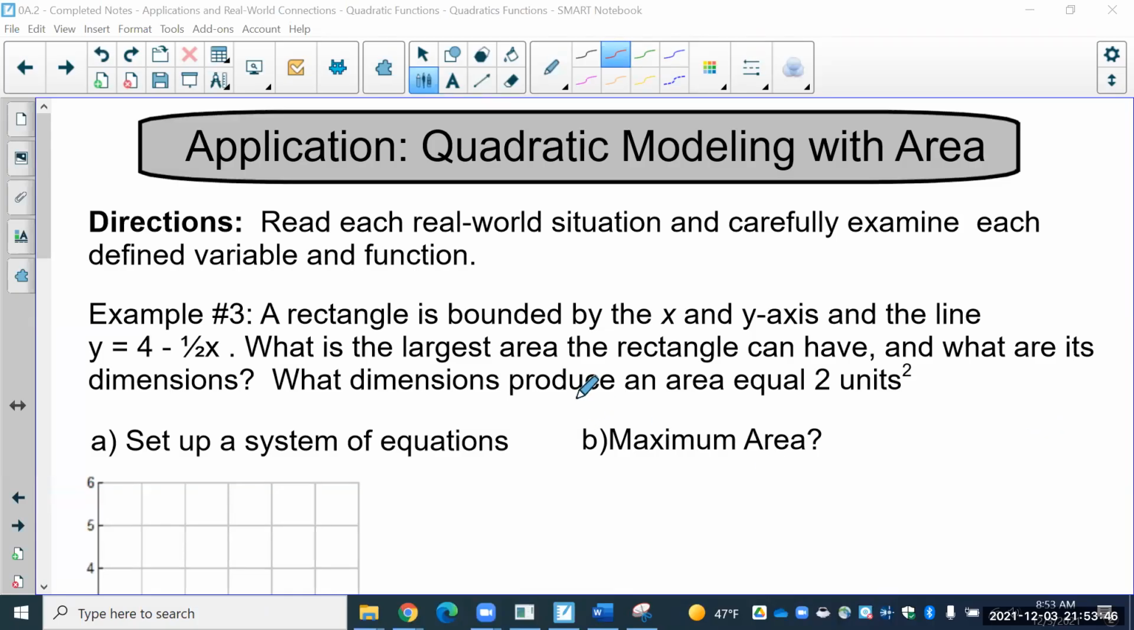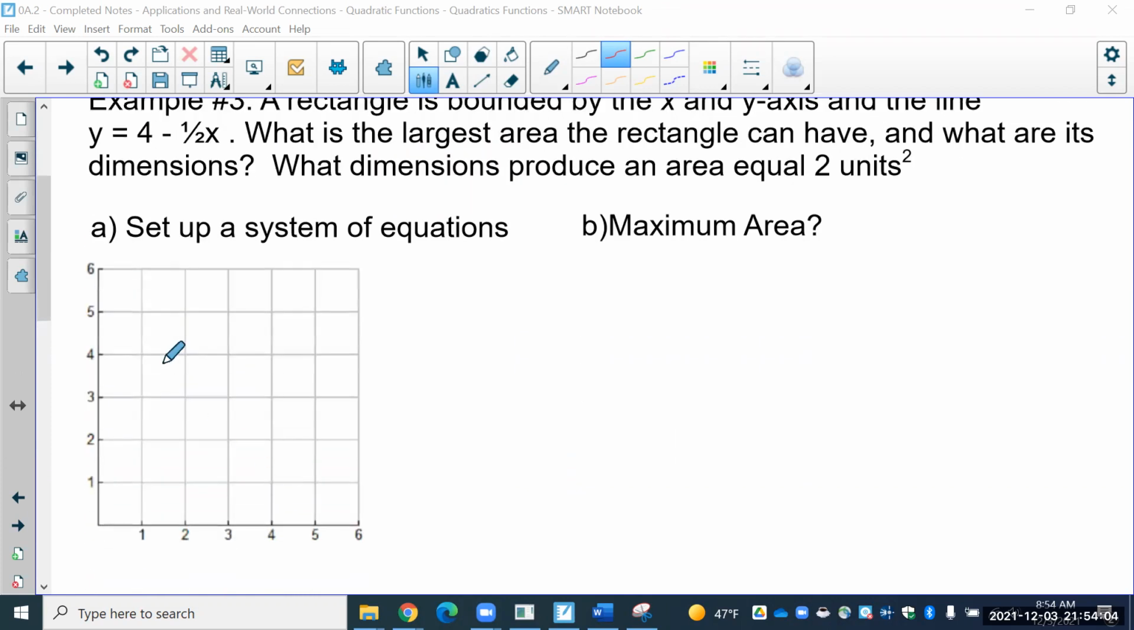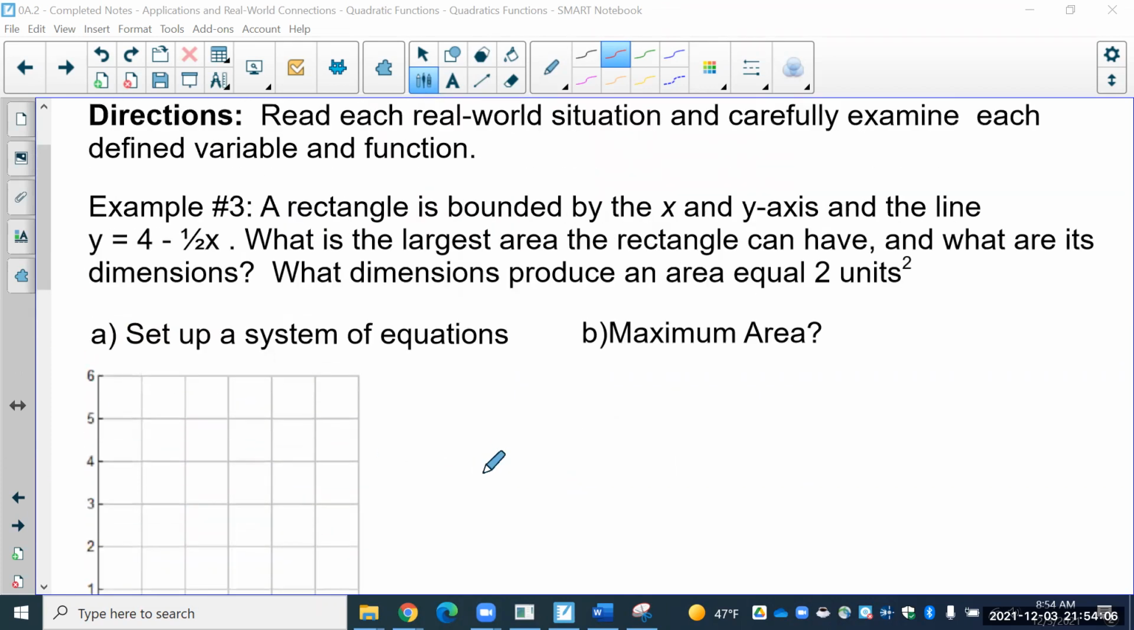So in this example, we're going to do something really interesting with geometry. You're going to use some geometry equations to actually do something called maximizing, which of course maximum is going to use the vertex equation. But let's look at the setup. So we're going to bound a rectangle by the x and y axis. So my graph is only x and y axis, and the line